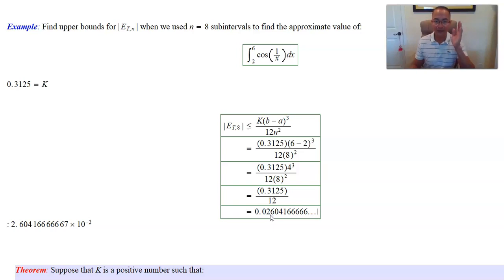You can give an answer slightly bigger than this, but not smaller. You can't say that the error is at most 0.02. Nope, that's a 6 over there. So you can say it's at most 0.03, but not 0.02. Okay, no cheating. All right, 0.03, I don't know about you, but that does not give me